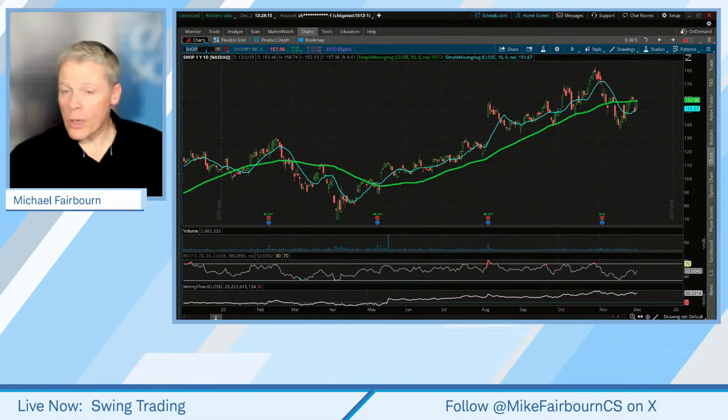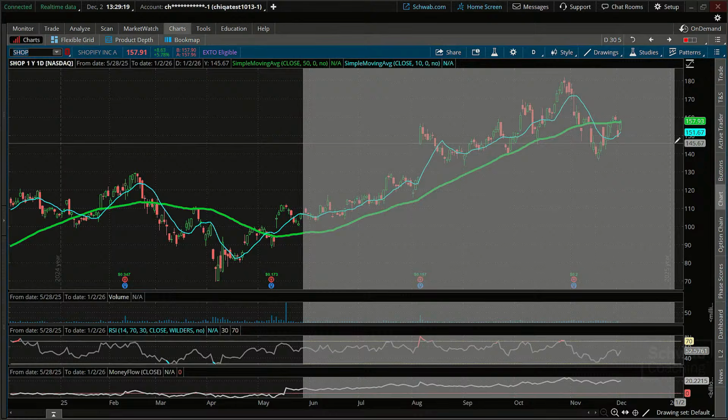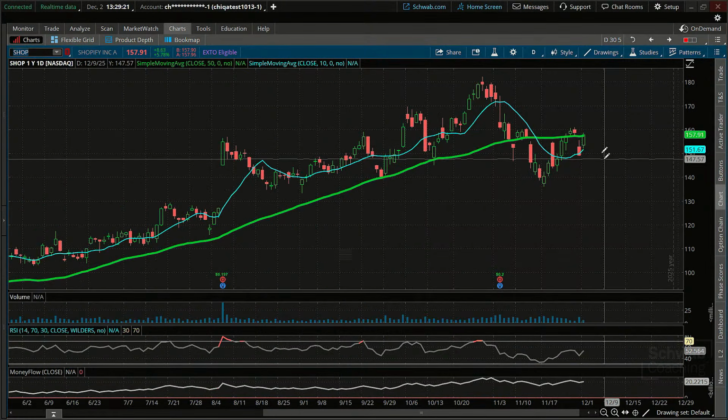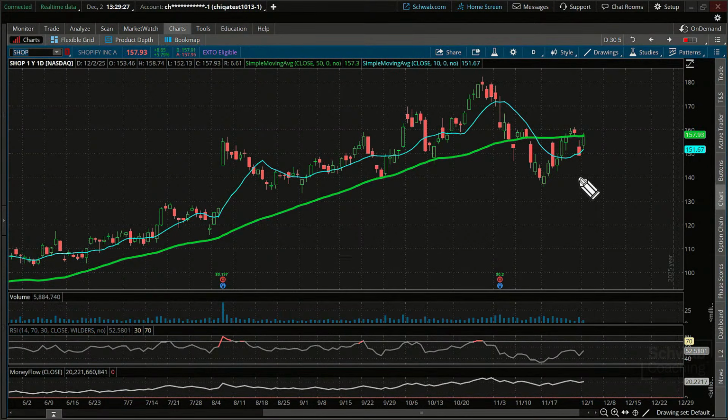There's Shopify. Interesting on Shopify. Where is Shopify? Past earnings right now. And this is interesting too, because it not only crossed above the 10 period, but it's also above the 50 as well today.